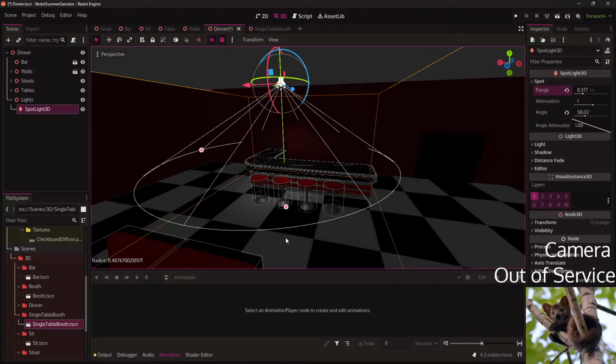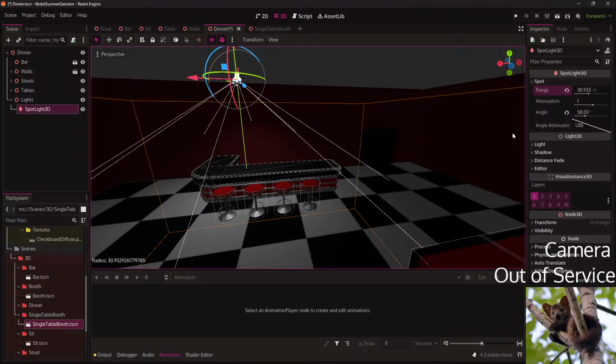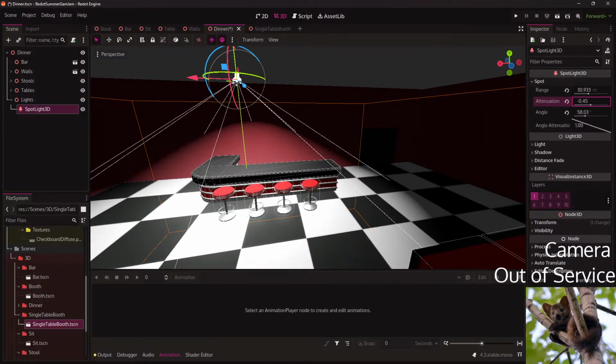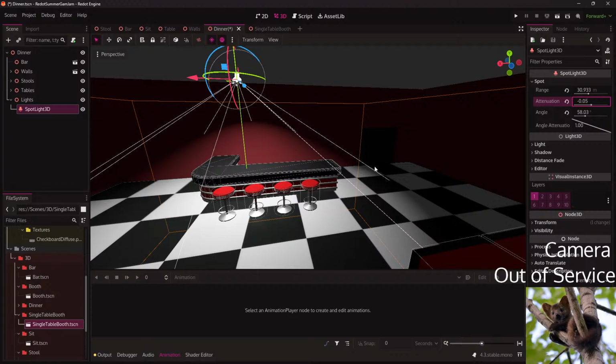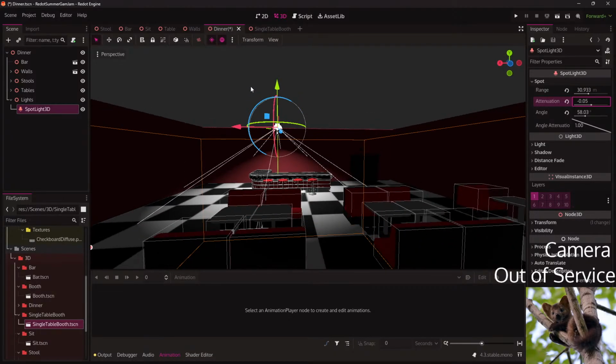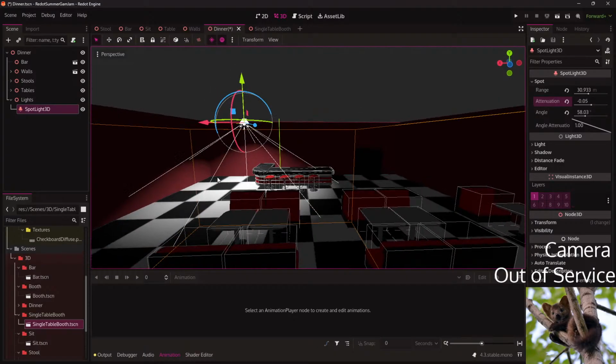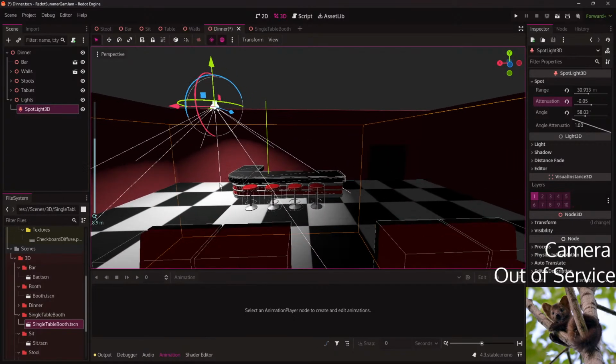Wow. It is very, very weak. Oof. It looks so nighty.